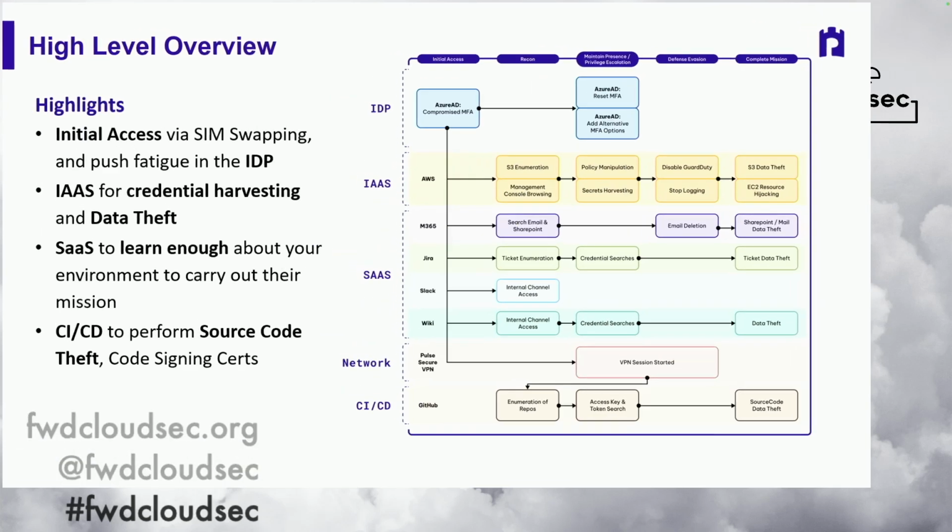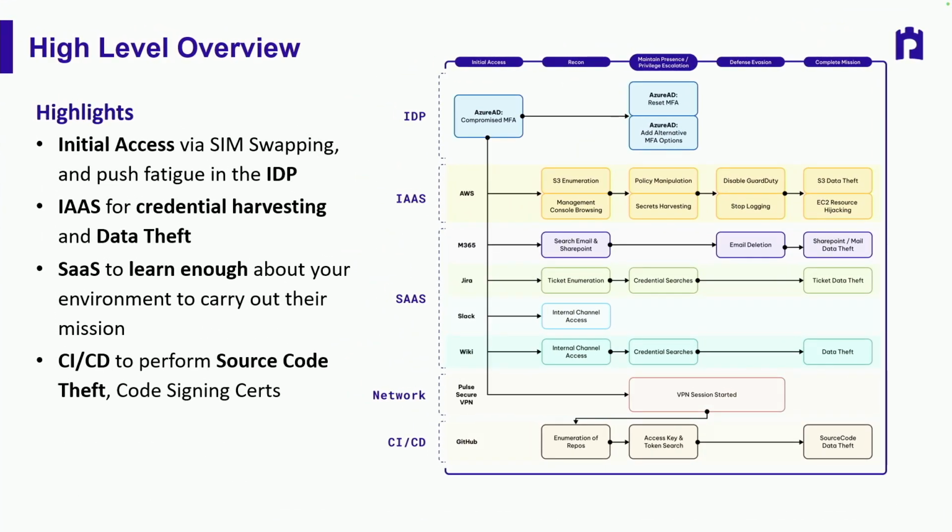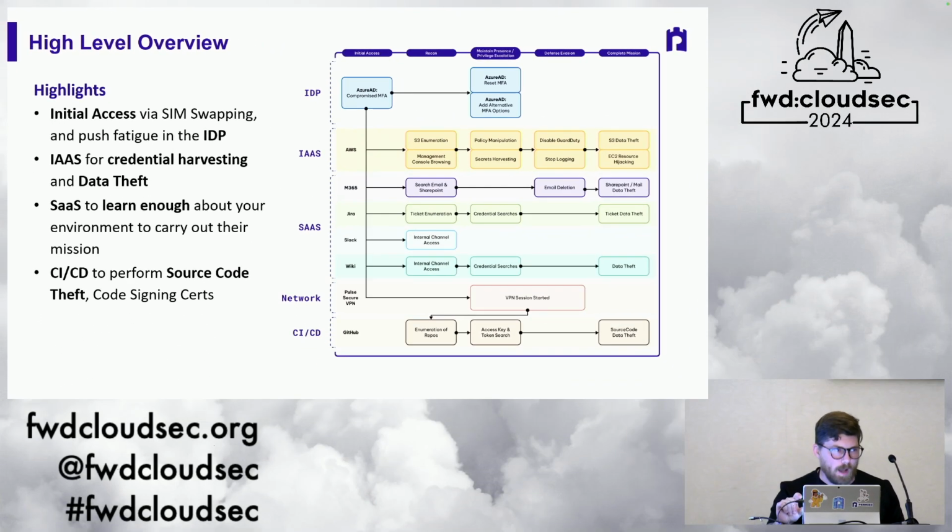All right, so high-level overview: initial access through the IDP. That's how a modern attack works. When people talk about cloud attacks nowadays, they're missing a lot of the picture. They're usually just talking about that AWS portion or just that Azure portion. That is, unfortunately, not how it works. Initial access is through your IDP. Everything's so interconnected. After they're in through your IDP, it's all about learning enough about your environment to carry out their mission, right? And how are they going to do that?